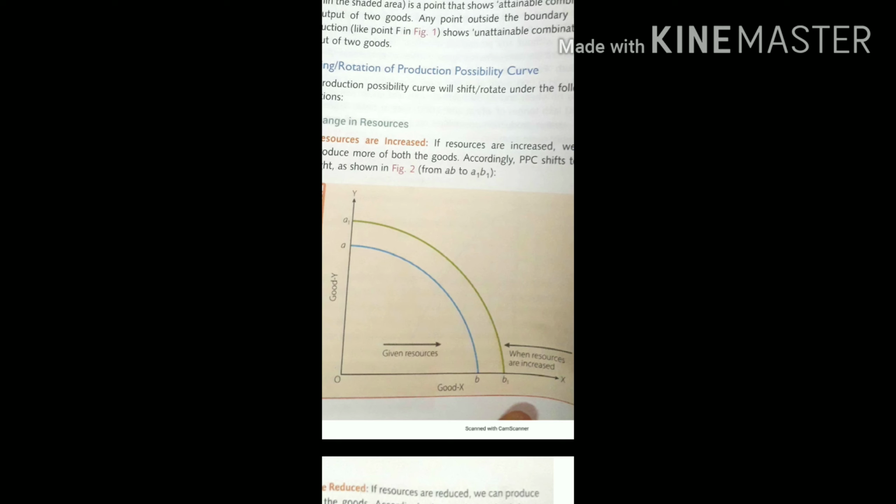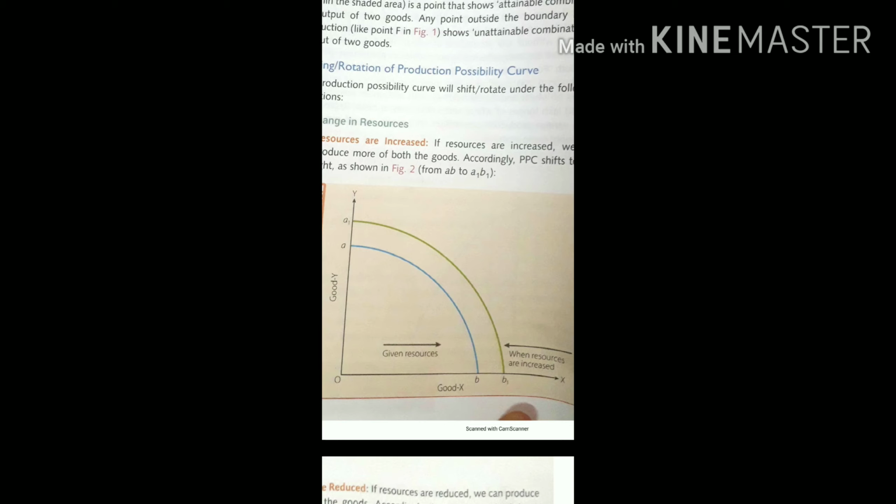On that land, according to the ratio, we can increase the production of good X and good Y also. See the figure here. The first curve is showing here on A and B, meaning up to A good Y we are producing, and up to B we are producing good X. Now we have more resources, now we can produce more good Y. So we are shifting our production from A to A1, and for good X from B to B1, meaning we are moving from A to A1 and B to B1 when resources are increasing.